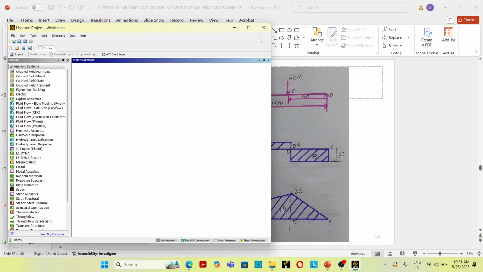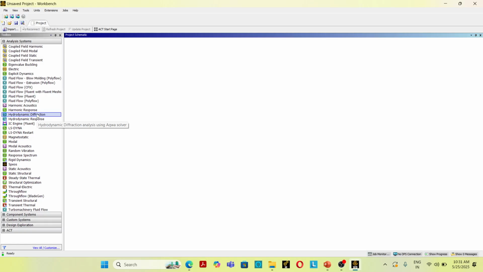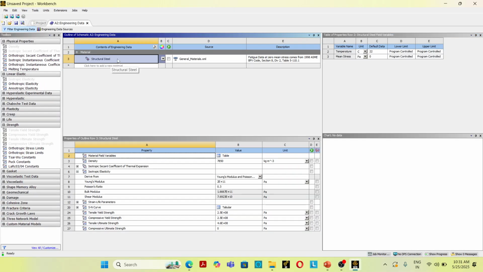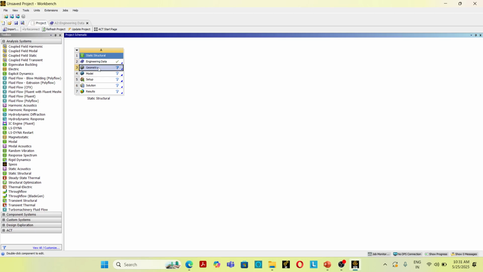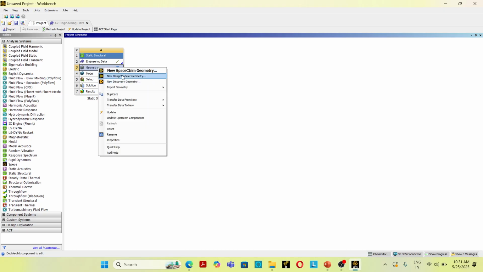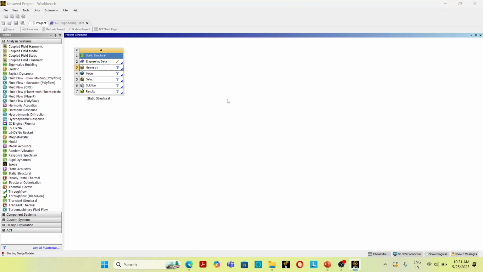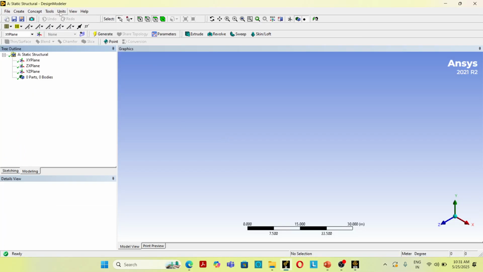So go to Ansys Workbench, select static structural, go to engineering data, the material is structural steel, click on geometry, right click, select design modeler, ensure unit is in meter, click on XY plane,